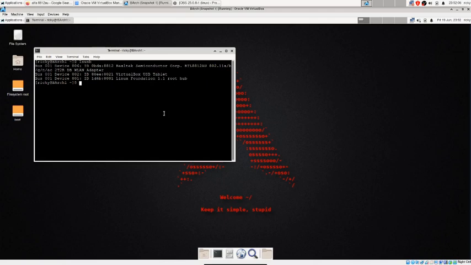DKMS is Dynamic Kernel Module Support. These modules are independent of the Linux kernel, outside the distribution, so it will compile the drivers for every kernel. Whatever kernels are available on the machine, it will compile the drivers for your kernel.